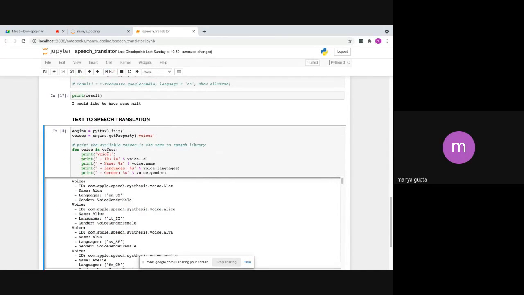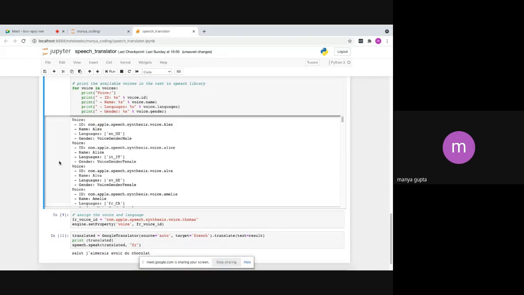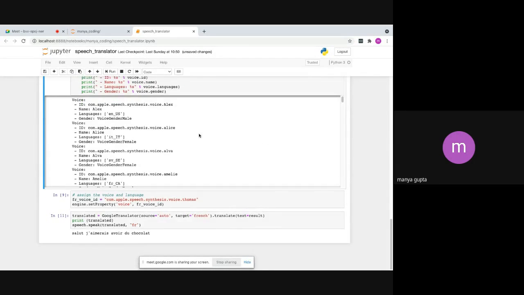So here I tell that here is the voice ID. You're selecting which one to use. So here I'm finding which one to select. Here I assign the voice and language.